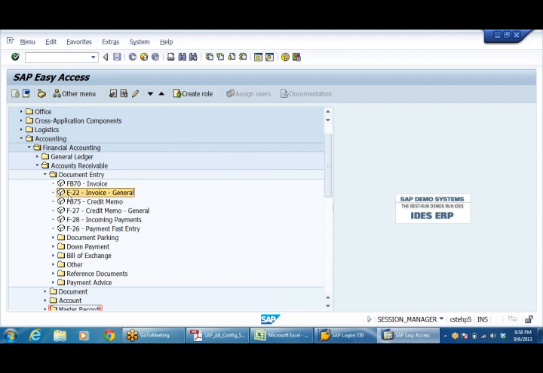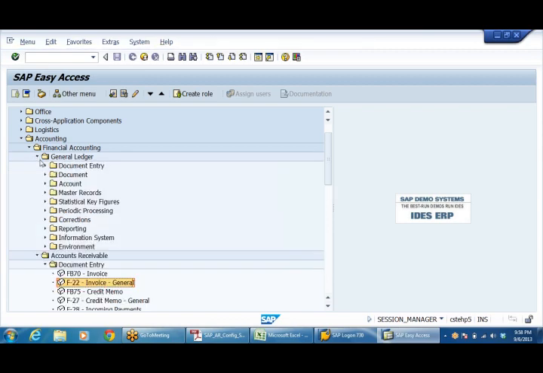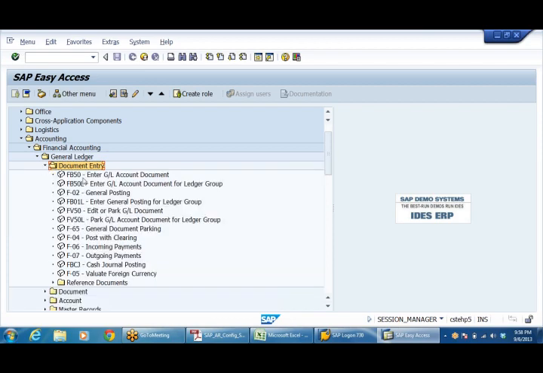So even that provision is given here. F-22 invoice general, I can raise an invoice directly. And there is one more here, FB70 invoice, we can raise it here or here. The difference between this and this is the same as the relation between FB50 and F-02. In F-02 we have to enter line by line. Here multiple line items can be entered at a time, right?